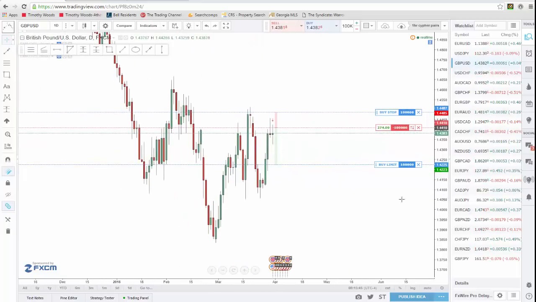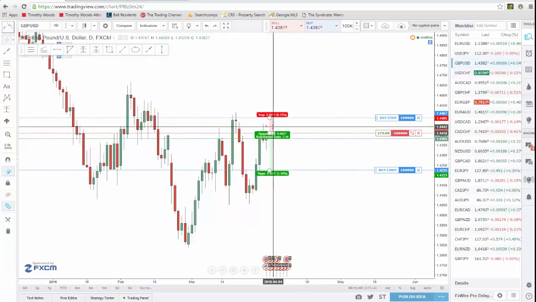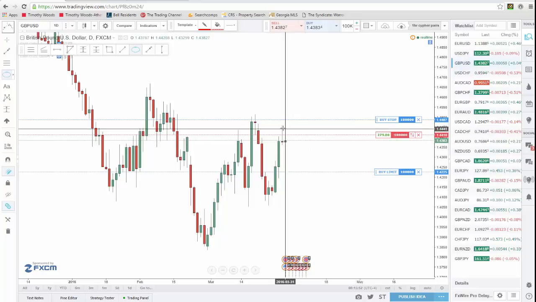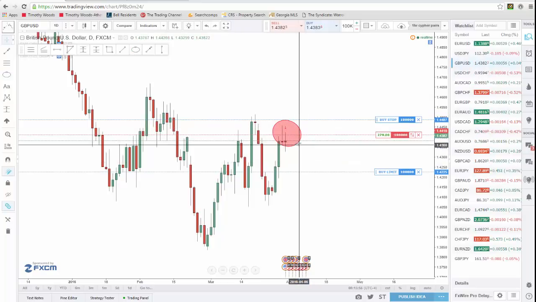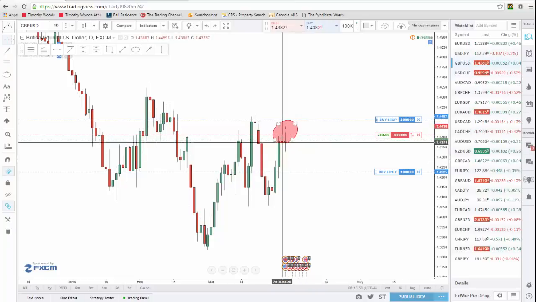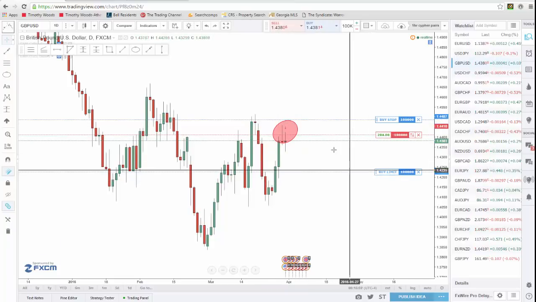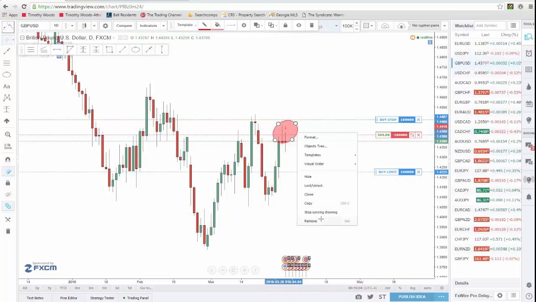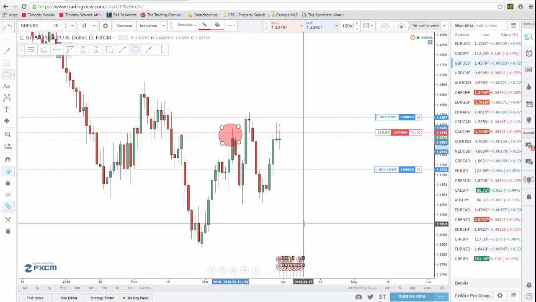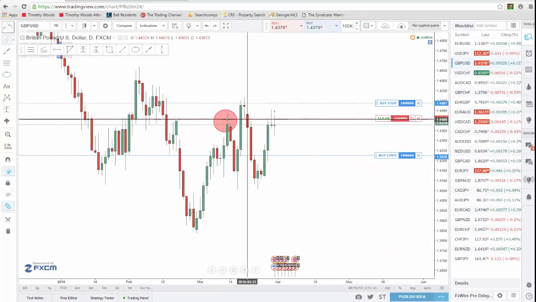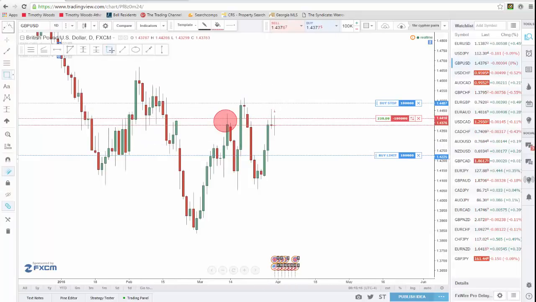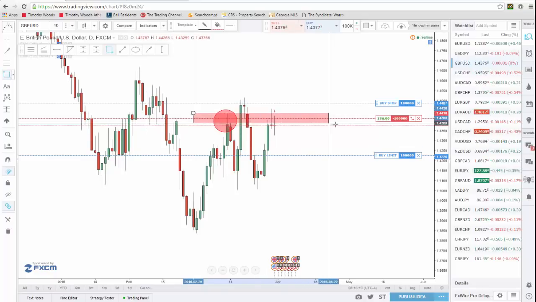As you can see on the daily, we've put in a pretty nice pin bar candle here, or shooting star candle. I don't really pay attention to the names. We have a really long wick at the top of this candle though, which I know indicates selling pressure. Not only that, we're also up against this previous structure level here. So when I get a long wick at a previous structure level on a higher time frame, I do begin to look for a potential trading opportunity in my zone here.